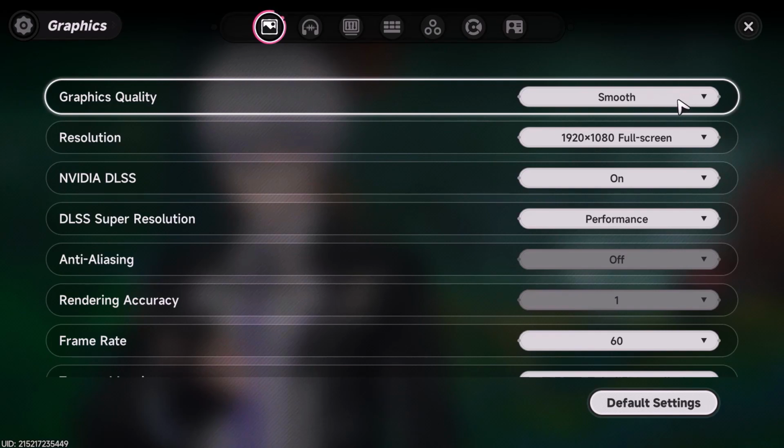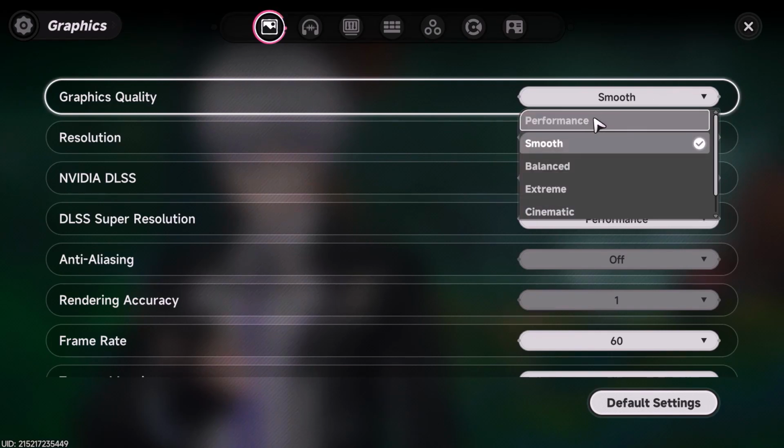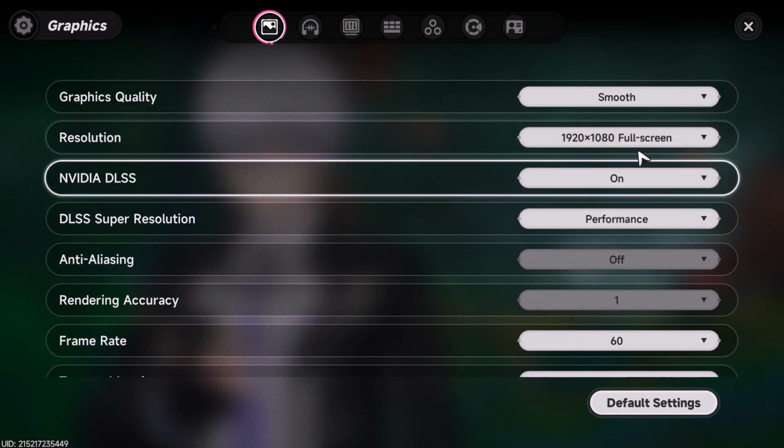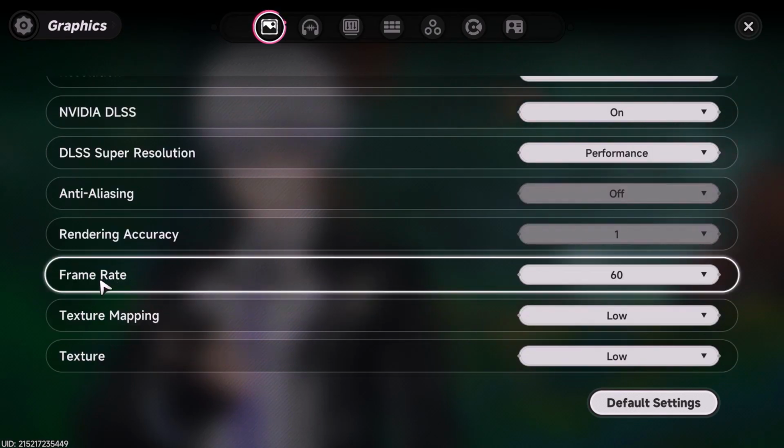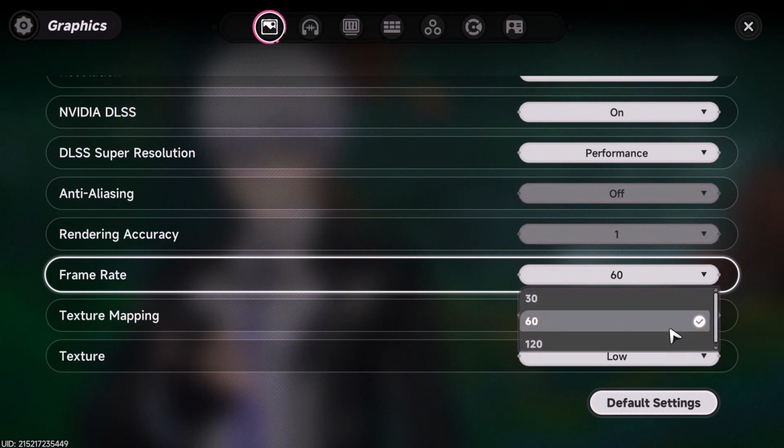By default it is smooth in my case. You can select performance, or you can also select balanced, then scroll down. Now you can select the resolution to windowed mode 1600 by 900, or you can also select this one or this one. Now you can reduce the frame rate. If it is selected 240 in your case, then you can go to 120 or 60,